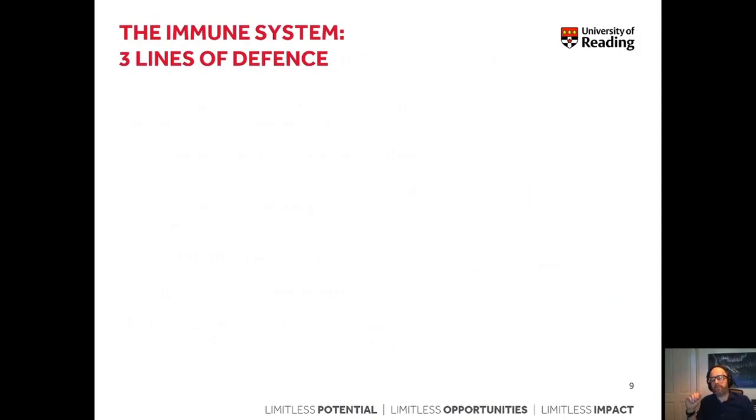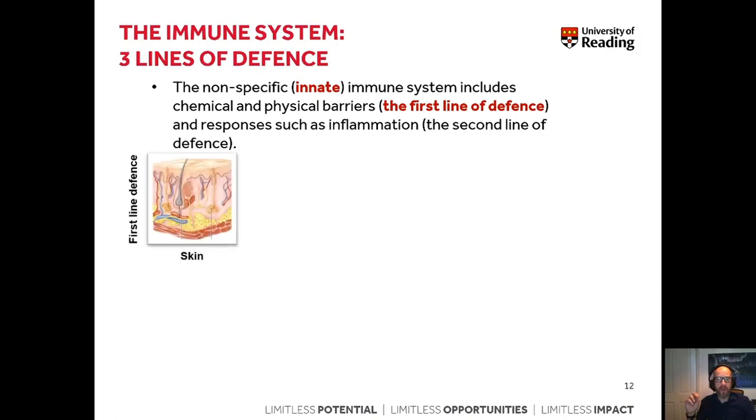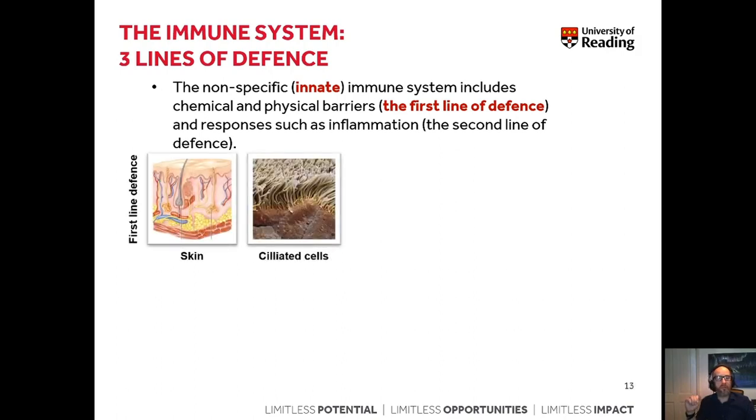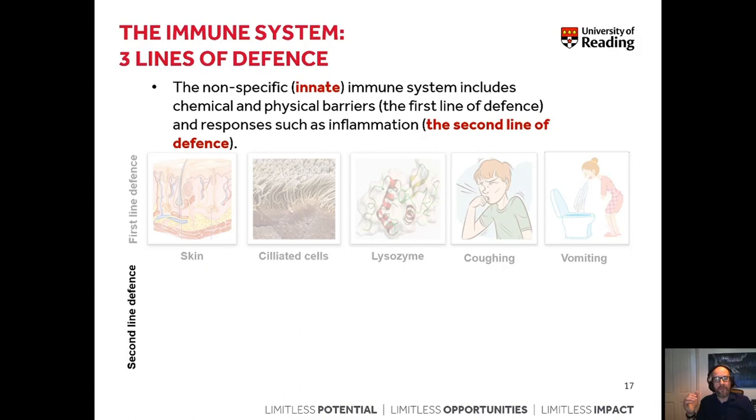So let us have a brief look at the three lines of defense within the innate immune system, and also the adaptive immune system. First of all, the non-specific innate immune system includes chemical and physical barriers, and this is the first line of defense. If the pathogen is actually able to pass this first line of defense, including skin, ciliated cells in the respiratory tract, enzymes such as lysozymes, and mechanisms such as coughing or vomiting, the second line of defense kicks in,